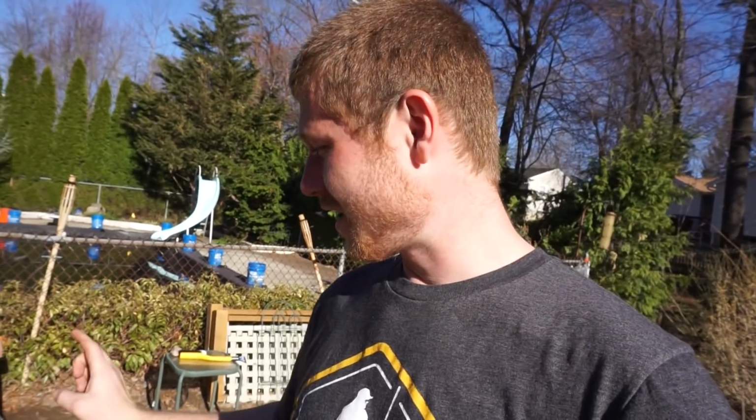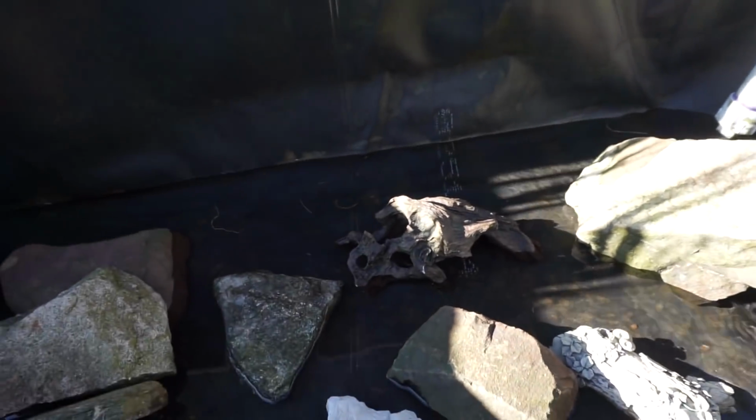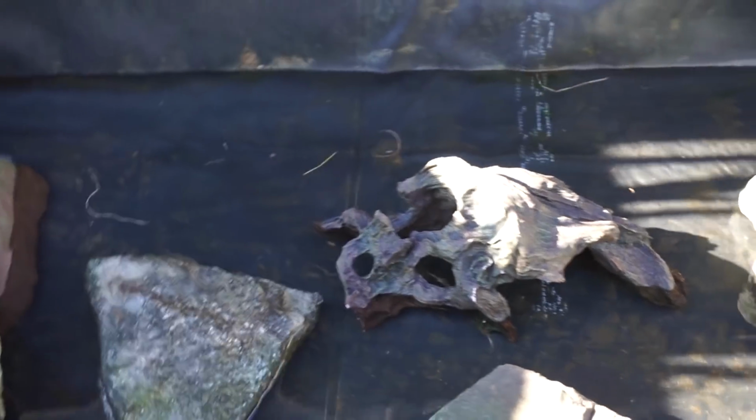We are now filling the pond back up. We rearranged the rocks, we put some new rocks in there, and we have some new cool crevices and little caves that the fish can hang out in. Let me show you really quick before it fills up and I can't show you anymore. We obviously got, this sunlight's gonna kill me, we obviously got our artificial one right there,